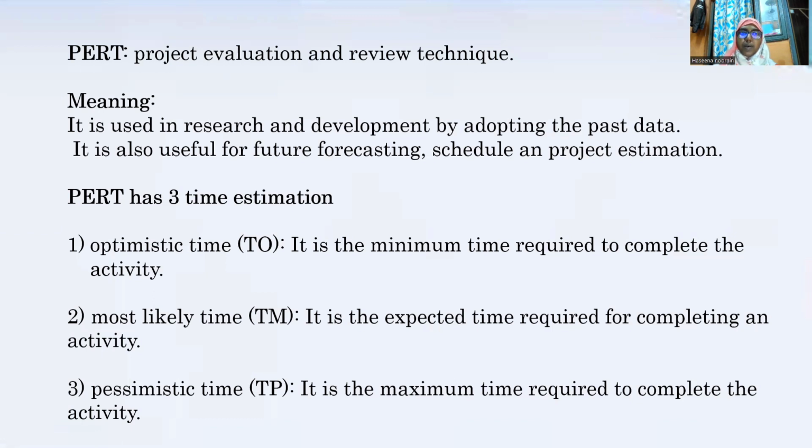The first thing is PERT. It means Project Evaluation and Review Technique. The original meaning of a project evaluation and review technique is that it is used in research and development. It is used for adopting the past data and it is helpful for future forecasting, scheduling, and project estimation. It means by analyzing the past data and past records, it will help for forecasting and scheduling a project in